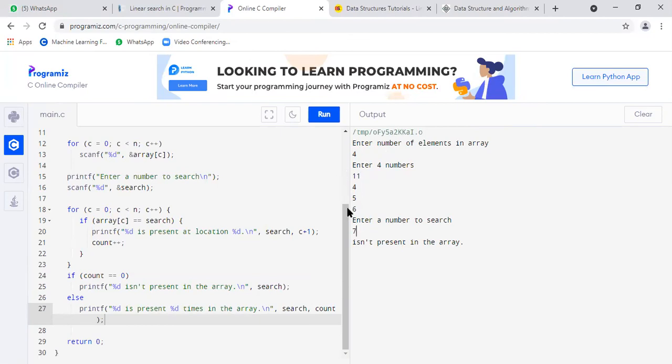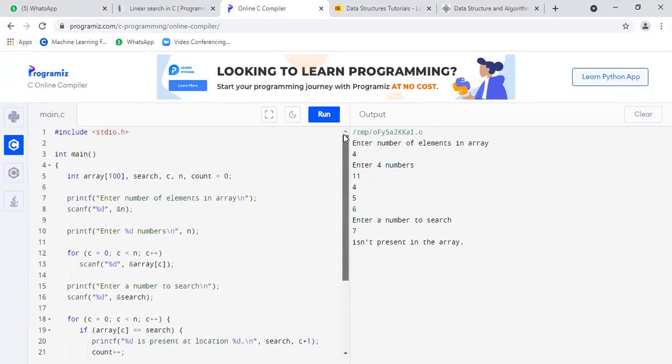So once again, I am going to explain the program. My array size is 100 here. At the same time, I'm declaring the variables here. Count is set to 0. For the search purpose, I'm declaring the variable search. Otherwise, you can declare it as s. If you don't want search, you can use s, not a problem. Just for the reading of input purpose, I'm taking n.